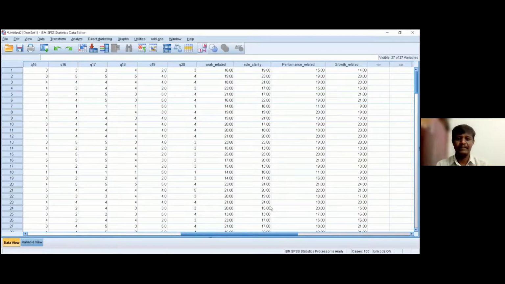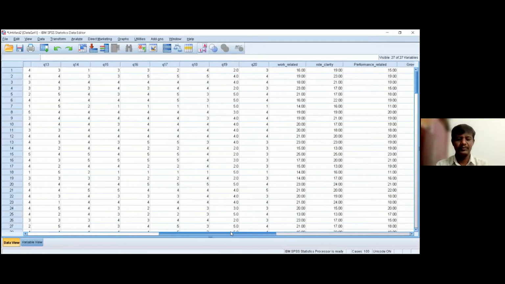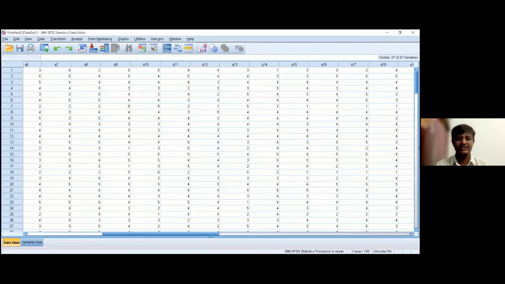Okay, so now the system and the data sheet, whatever we have shared with you, is ready for application of t-test. Before proceeding with the application of t-test, let me tell you a small thing we need to consider while we are trying to apply t-test. As I told you, we are going to learn about 3 types of t-test: one sample t-test, paired samples t-test, and independent samples t-test.